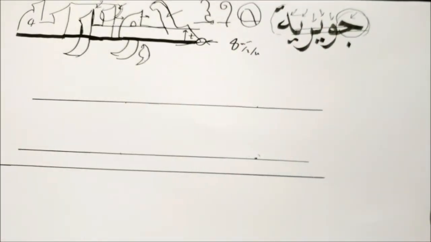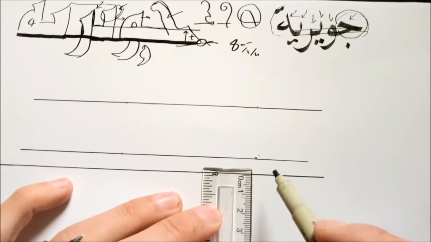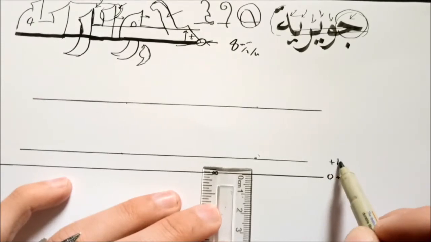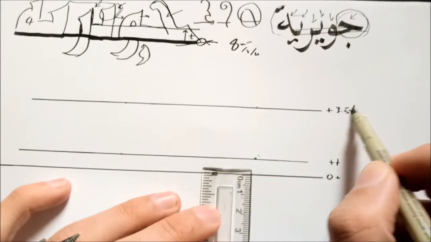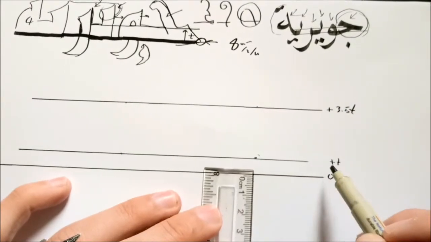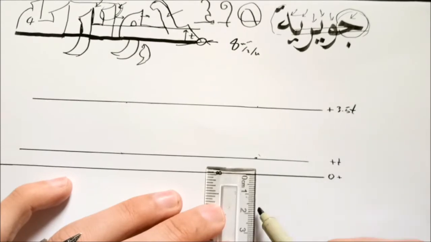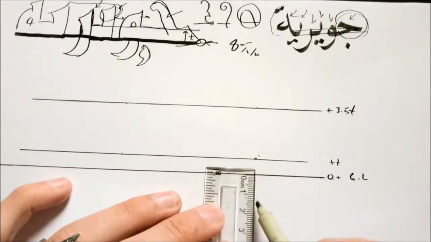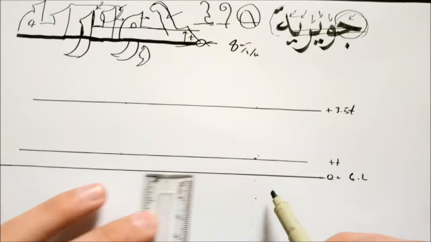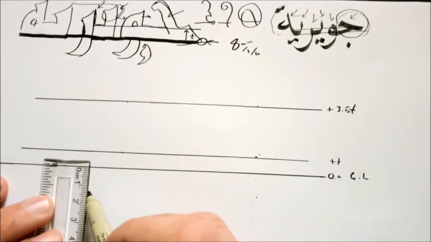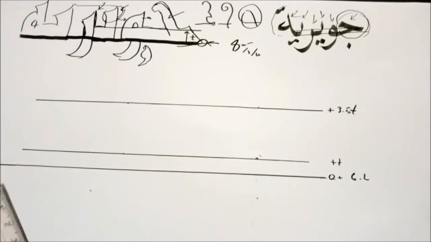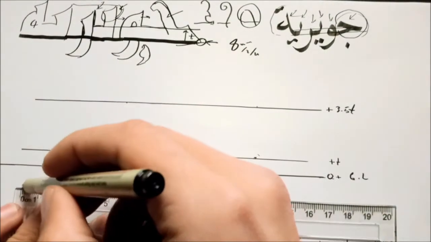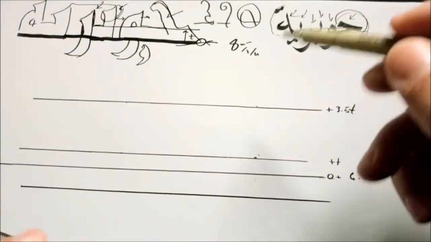So again, I'm going to use the same thing with regards to the maximum drop. You should always point out your 0 ground. Here you've got plus T, here you've got plus 3.5 T. This way you will know which line you are going to start working from. So here I know this is the ground line, and from this I'm going to drop 12 millimeters to give me the maximum drop for the waw and the ra, because we are going to write those later. Now I've got about 50% of my work done, because this way I know the maximum and the minimum